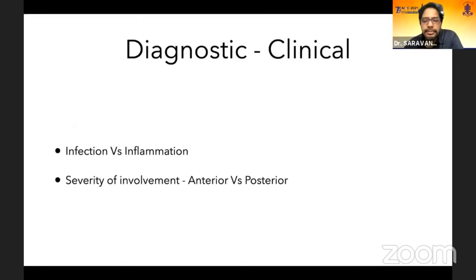So the first question when you see a case like this is whether it's because of a microorganism or just inflammation because of the surgery. You can look at the patient's surgical history and decide how much you have manipulated inside the eye, and if there's any remnant cortex or a nucleus drop into the vitreous cavity. All this will give you an idea of whether we are dealing with inflammation or infection. And also you may have to make a call on which segment is more involved.